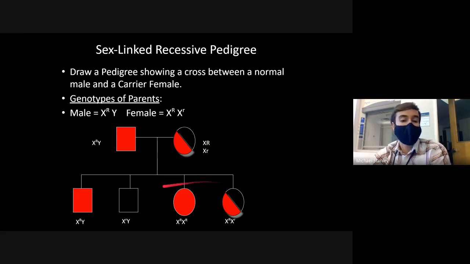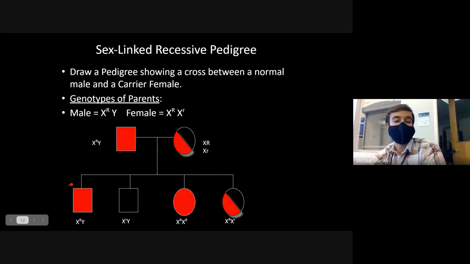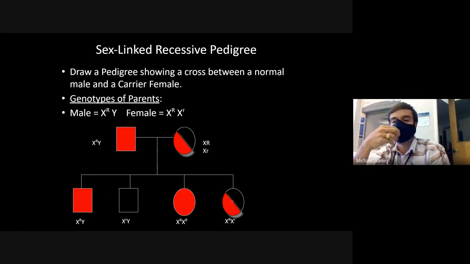So notice there's a difference between the sons and the daughters here, right? The sons, it was a 50-50 shot if they got the recessive trait or if they did not get the recessive trait, but neither of the daughters got the recessive trait. One of them got the fully dominant set of alleles, and one of them got the heterozygous mixed set of alleles. But neither of them got the full recessive trait. So that's one of the interesting things about sex-linked recessive